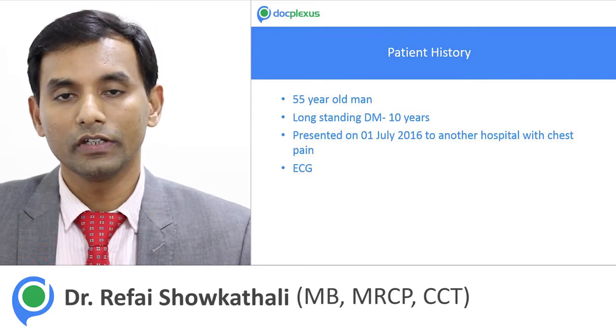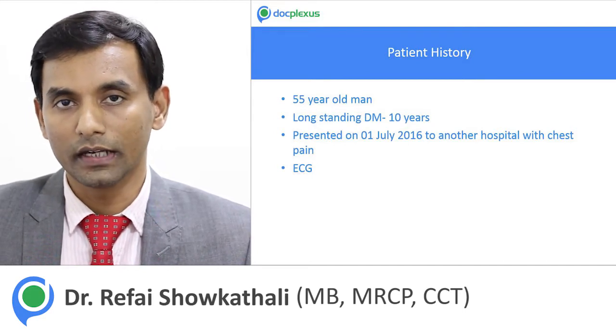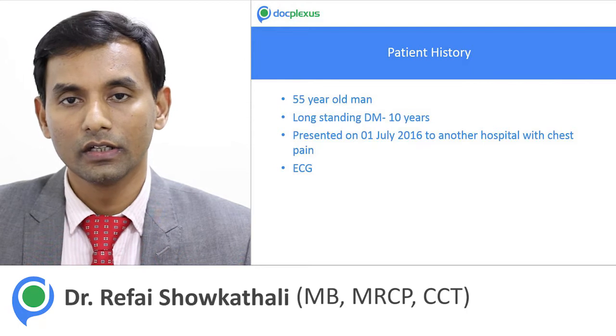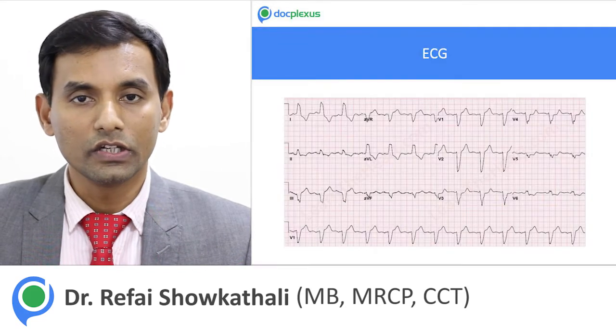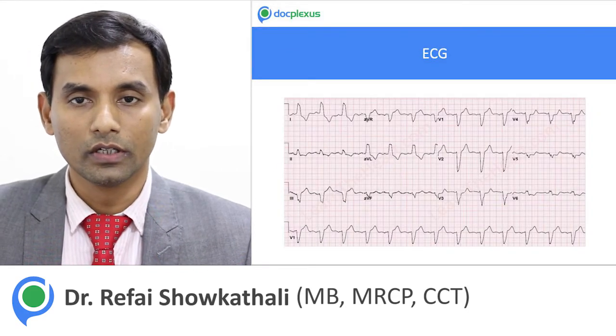So this is a 55-year-old gentleman who had long-standing diabetes for more than 10 years, who presented to his local hospital on 1st of July with chest pain. His ECG, as is shown here, showed significant left bundle branch block with sinus rhythm, and he was having ongoing